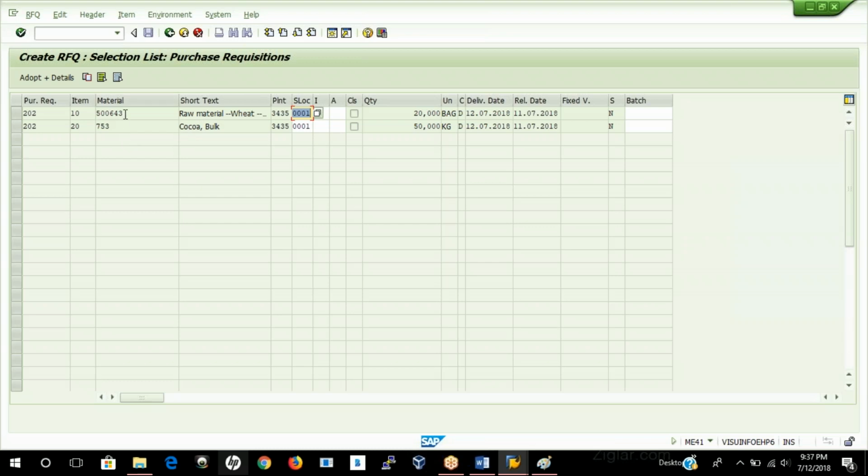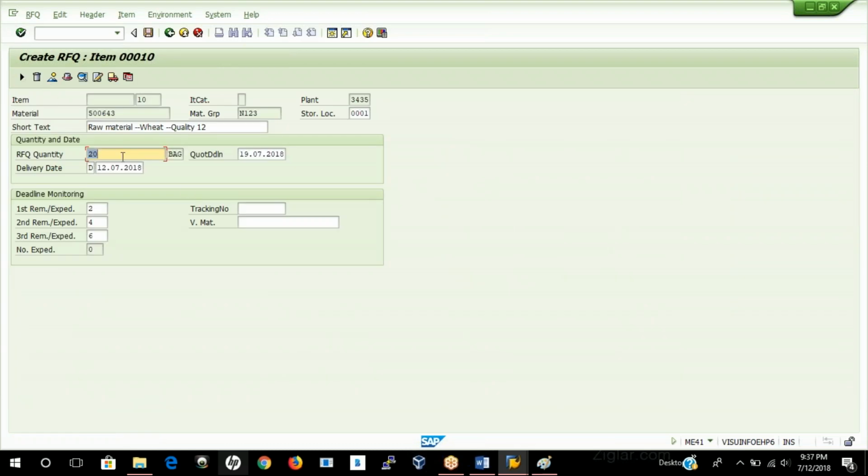So both the materials are being copied from the PR to the RFQ. For which material you want to send the quotation, you can select that material only, or select all the materials which are determined from the purchase requisition. Then just click on Adapt plus Details. So select the materials and click on Adapt plus Details, and this delivery date must be after the quotation